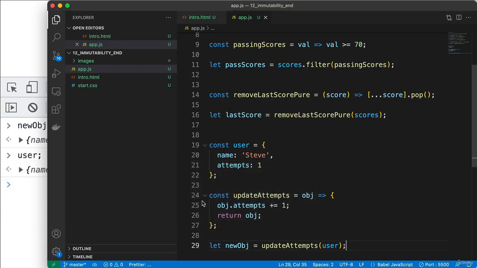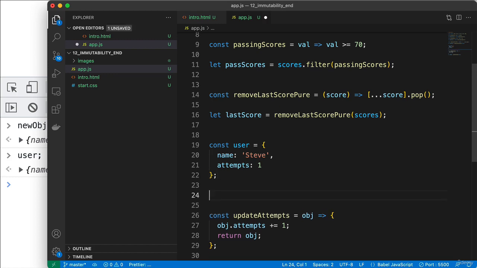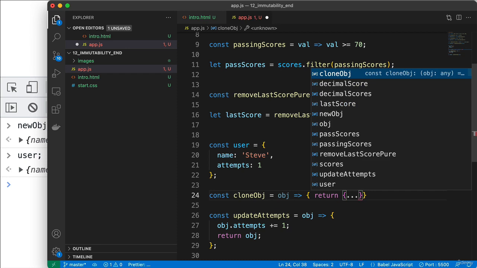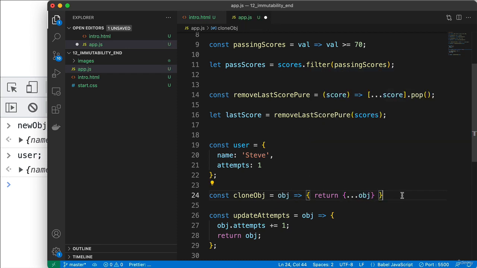So one way we can do this is we create what's called a clone function. So let me do that up here. I'm going to call this clone obj. And basically what it does is it receives an object. And then what it's going to do is return like this. It basically returns a new object. So we spread out the properties of the object that's passed in, place it inside of curly braces, and then